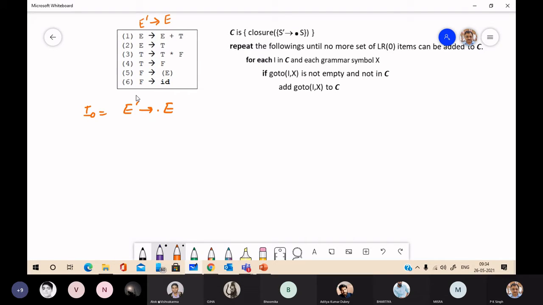This dot tells the position of the state of the parser, that is the start state. Okay. So now we find the closure items for this item.